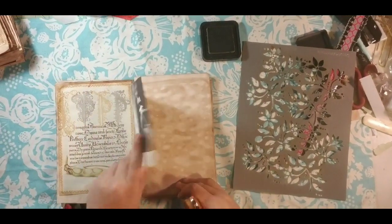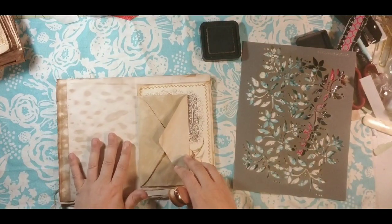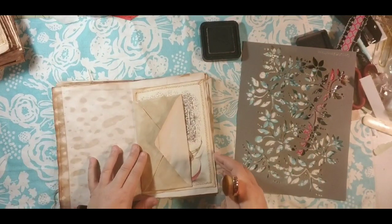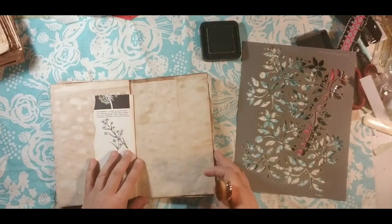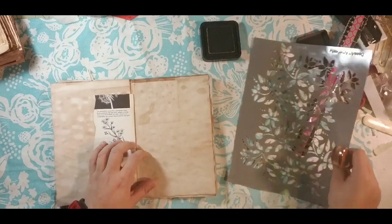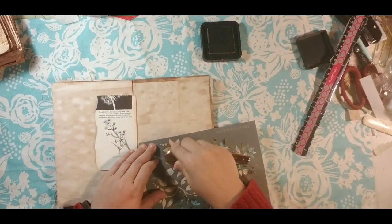Just some stamping. Excuse me, a pocket. I love that, so I don't think I'm going to do anything with that. I may do some collaging on there. You can stencil here some. And again, if you stencil, you can always go over it. Anyway, I had planned...